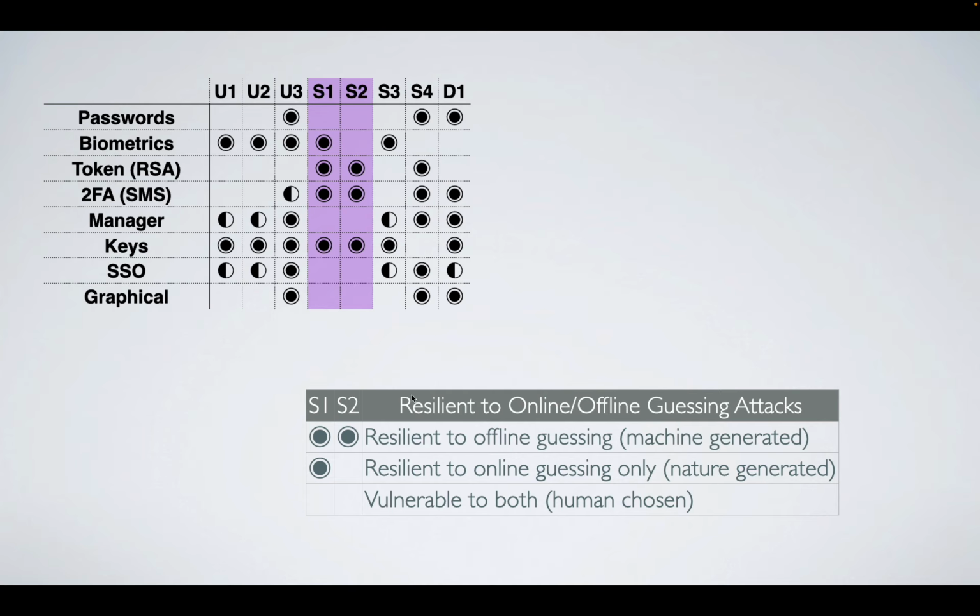I think what's tricking you up is the phrasing of it, right? So full dot means it does resist, it's secure. And no dot means it's not secure in this case. Does it make sense? Because for me, you could only guess it through online guessing. For offline. Oh, so if you can break online guessing, you can also break offline.